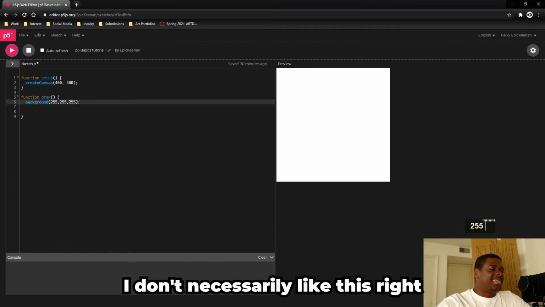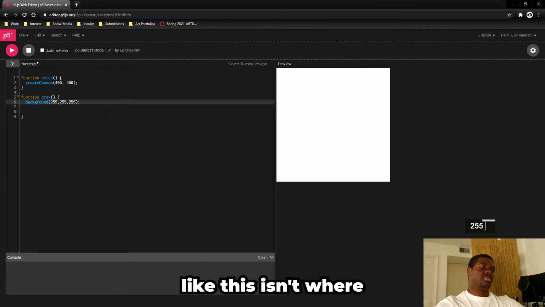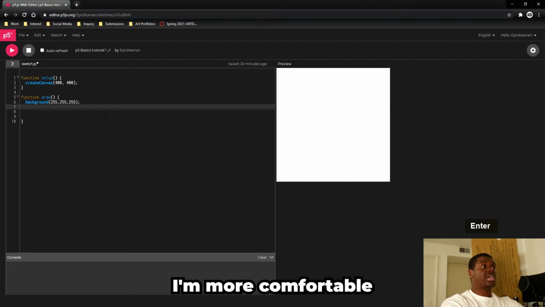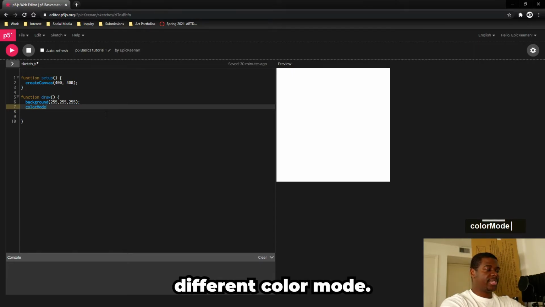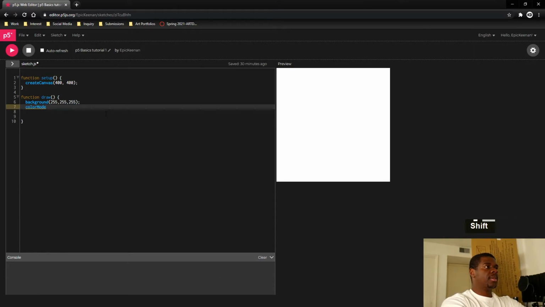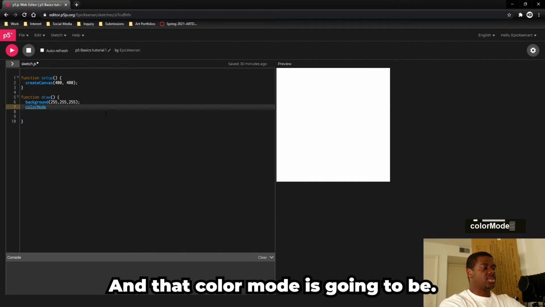I don't necessarily like this. This isn't where I'm most comfortable. I'm more comfortable with a different color mode, capital M, mode. I'm comfortable with a different color mode. And that color mode is going to be,